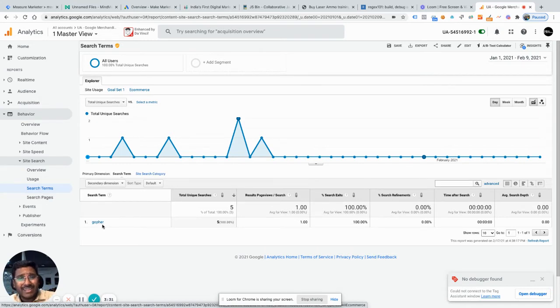That means you will get details about what people are doing with respect to each unique search term that people have entered in the internal search engine of your website. How many people have exited, search refinements, time after search is amazing. And you can even check how much, on average, after performing a search, how many pages